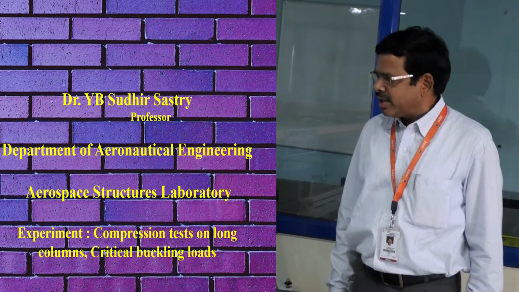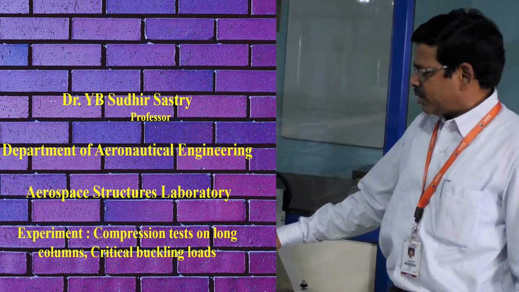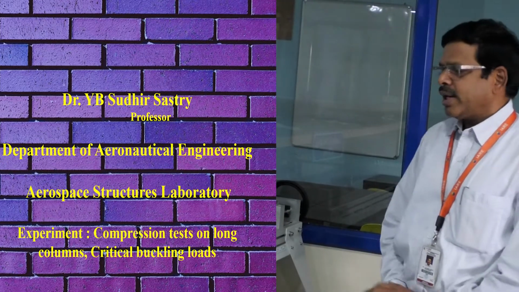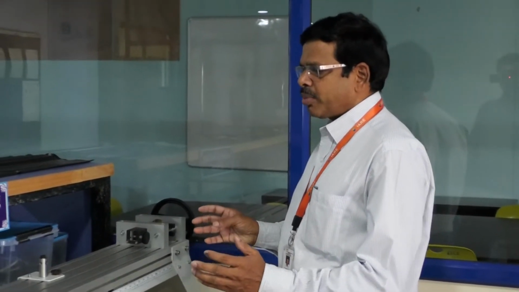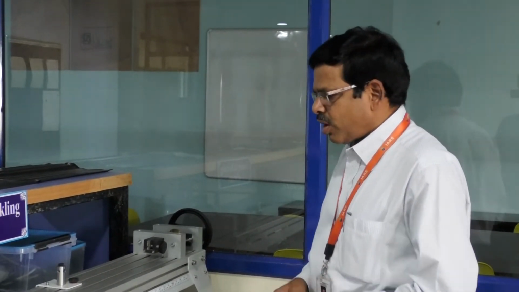So today, in front of this loading and buckling equipment, by using this equipment we can find out the buckling load and crippling load of the column, or otherwise, because of the axial load application, how the column is buckling. We can find out. First of all, what are columns and beams?